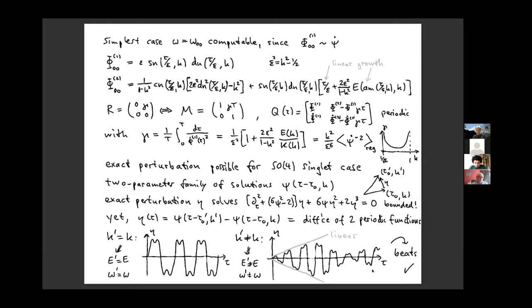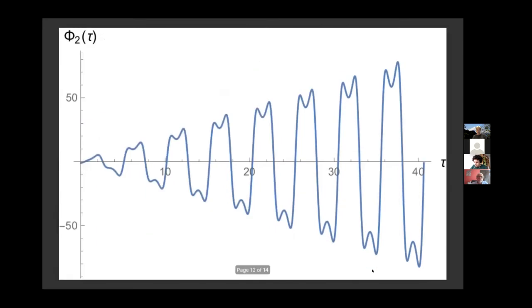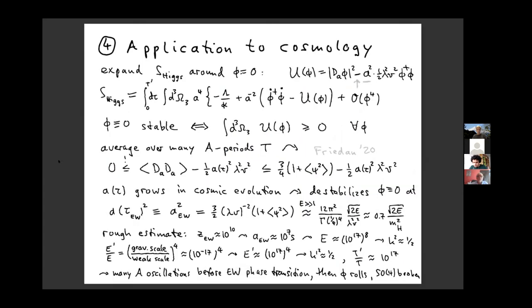Of course, because we have a bounded system, all the perturbations eventually have to come back. So here's a plot of the periodic solution. Here's a plot of the exact linear approximation, but it is only the first part. It will come back. So finally, in the last maybe minute or two, let me just propose some application to cosmology of all this,